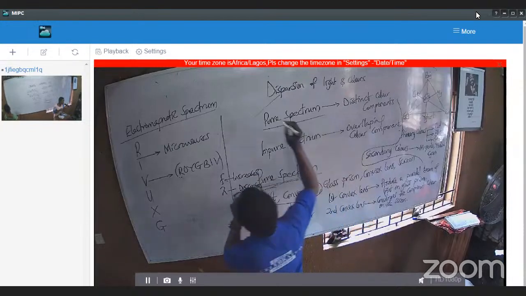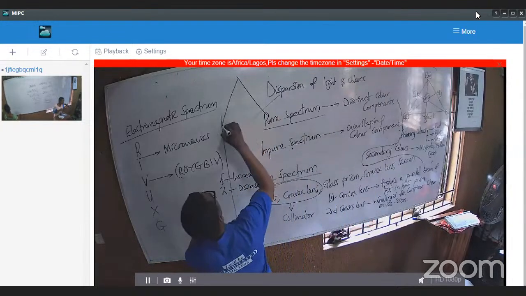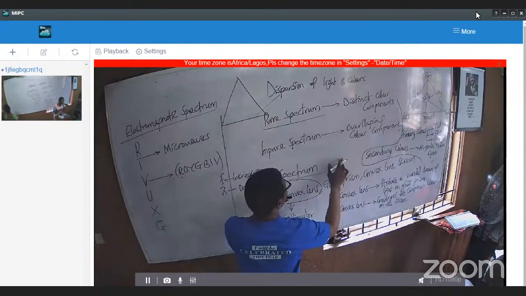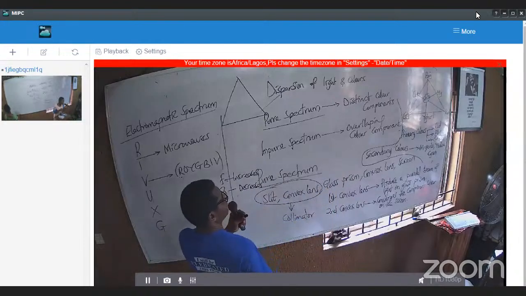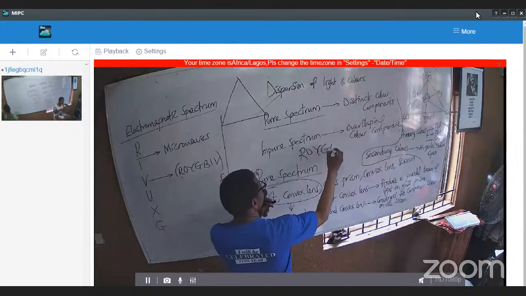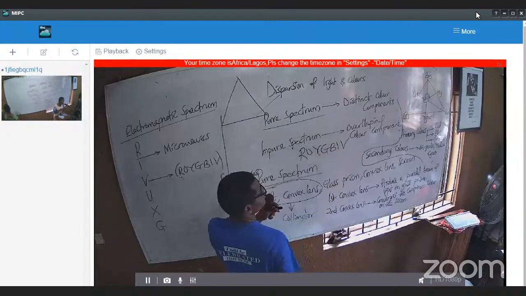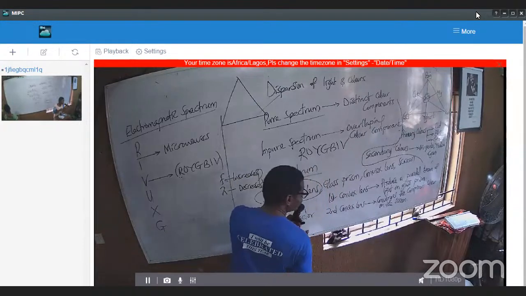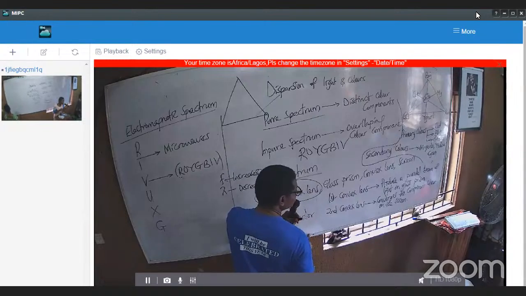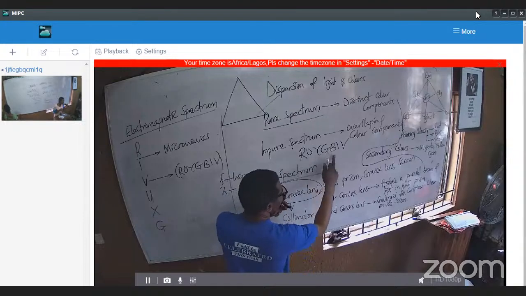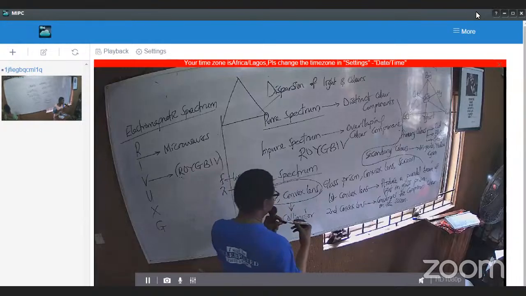What do you know of order of words? Angle of deviation, from the smallest to the highest. That means your answer must start from red. So what's option A? Blue, orange, and red. That one is wrong. Option B, red, blue, orange. That's not correct. What's C? That's the answer. Some people miss it too.